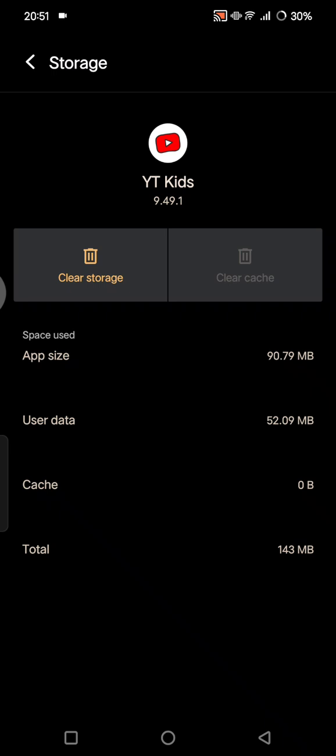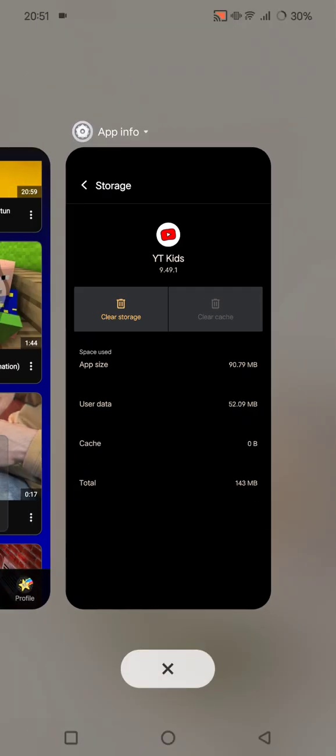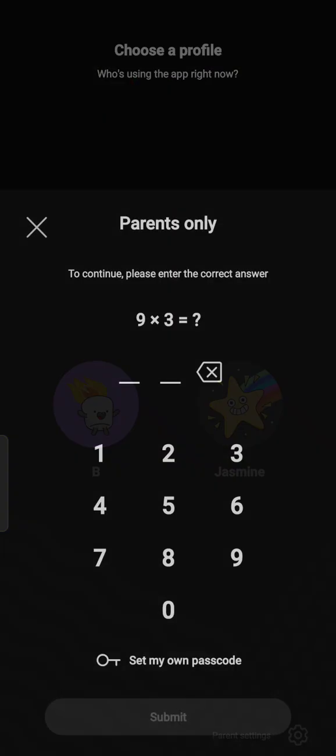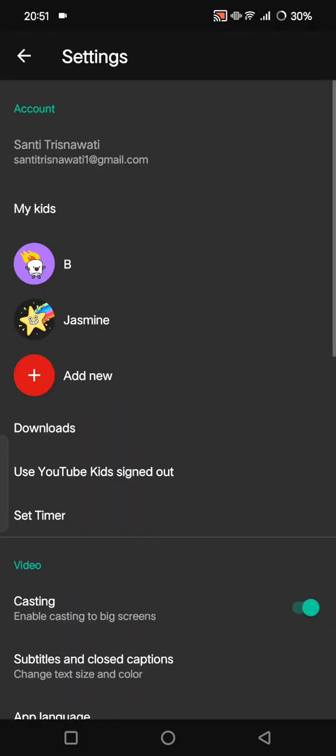So if the parental controls aren't working, you can just go to settings on YouTube Kids, click on this gear icon, solve the math problem first or enter the passcode, and in here you just need to reset settings and reconfigure parental controls. And you can also sync time and region, because incorrect time or region settings may cause errors,